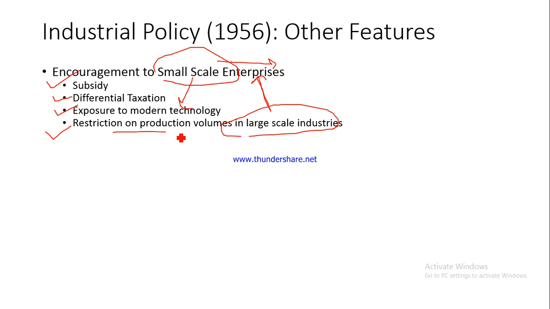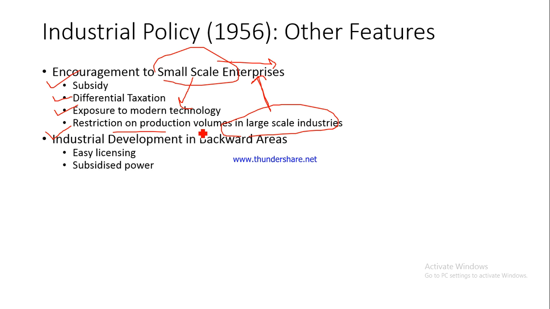So therein there was a provision that the large scale units cannot produce beyond a particular volume, and if they have to do that, they will have to first of all ask the government for permission. Then the Industrial Policy 1956 also